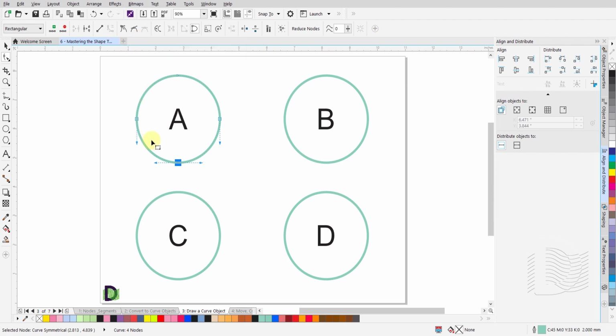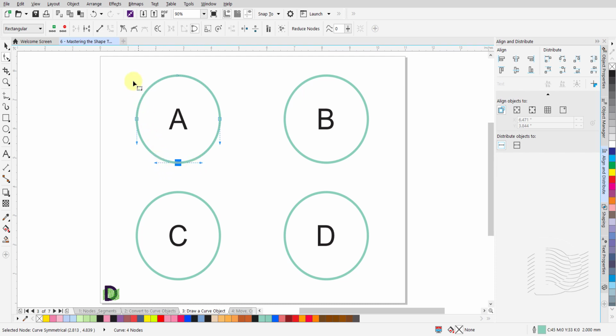Cusp nodes let you create sharp transitions, creating corners or sharp angles. The control handles in a cusp node are independent of one another and will change only the line on the side of the selected control handle. Having selected a node on object A, you will see two control handles for that node pop up.